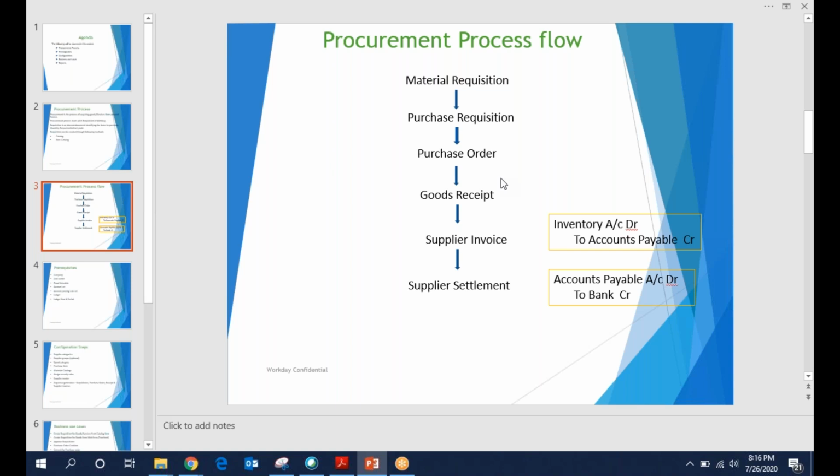At the plant level, the purchase requisition is raised by the stores department. Once the purchase requisition is approved within Workday, the purchase order gets created automatically.